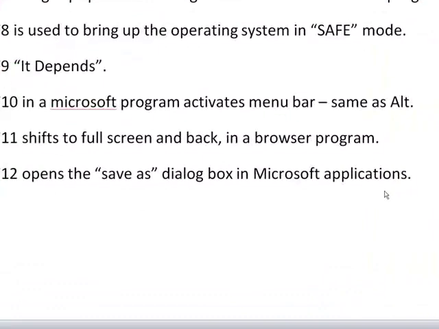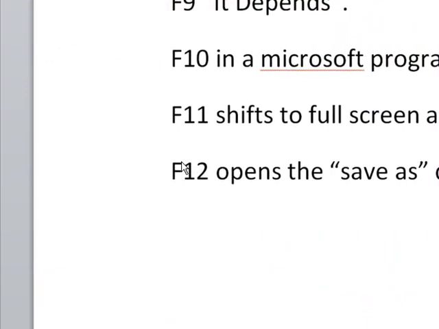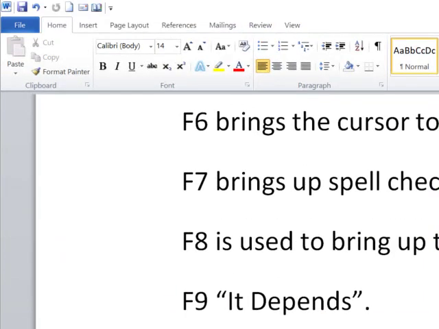Now here is an extra, or as they say, a freebie. When I finished recording the first 10 of these items down through F10, and then came back to my computer a day later, I discovered that my function keys were working exactly the opposite of what they normally do. On my laptop, the function keys, when used by themselves, do what I have described here. I have a key labeled FN just to the left of my Windows key on my laptop. And if you held that key down and typed a function key, it did a whole other set of things